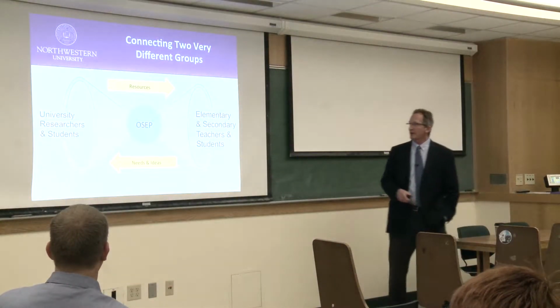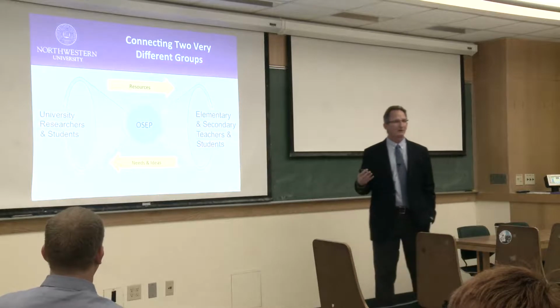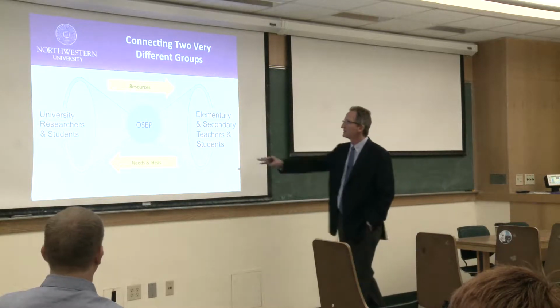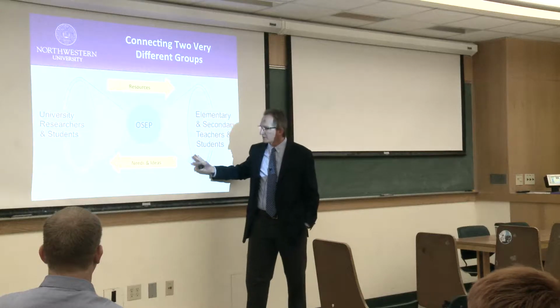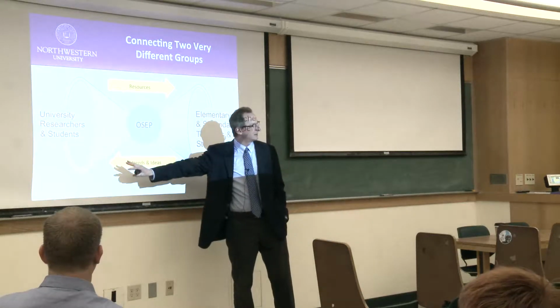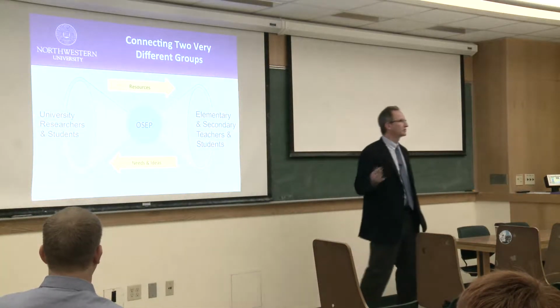And so this is kind of the takeaway picture that I like to show that embodies our architectural diagram, right? We sit at the center, and on this side you have the university community, and on this side you have K-12 teachers, students, and out-of-school providers. What we try to do is flow and connect the resources, but also collate and collect the ideas and the needs and bring it back in a more systemic, bi-directional communication,